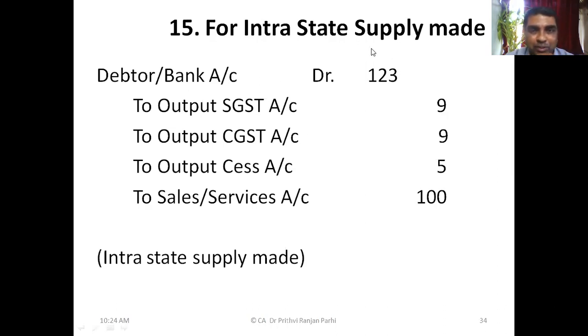Okay. So this much money is received for sales this month, and for various kinds of GST, this much money is received. 9, 9 and 5. For the supply made, we have collected this from the customer: 100 rupees as base price, 9 rupees plus 9 rupees for GST, and 5 rupees for sales.